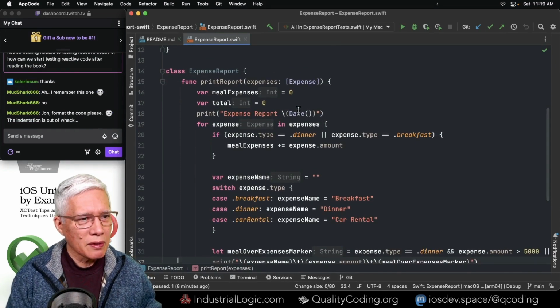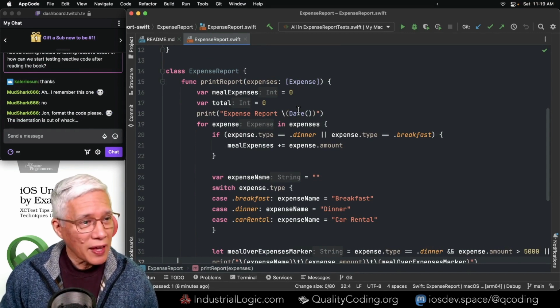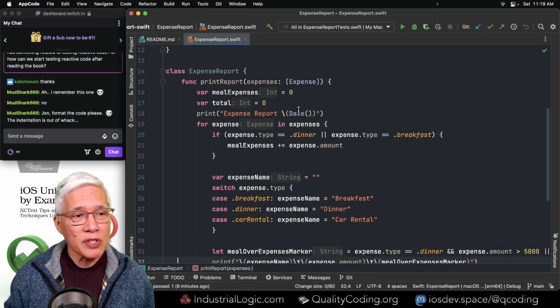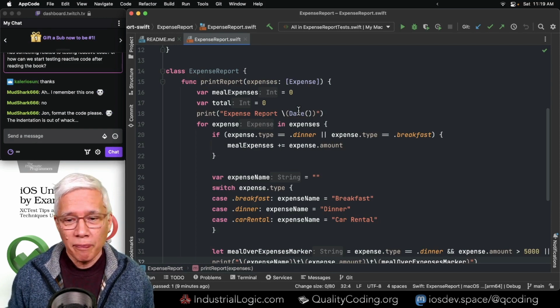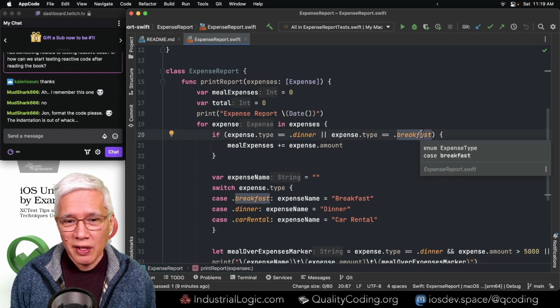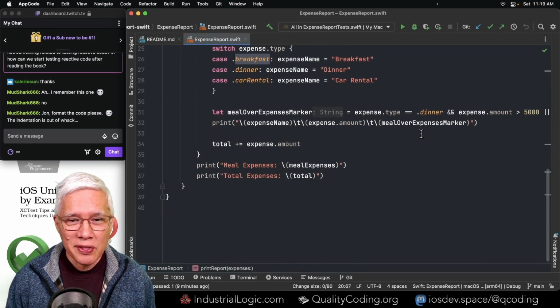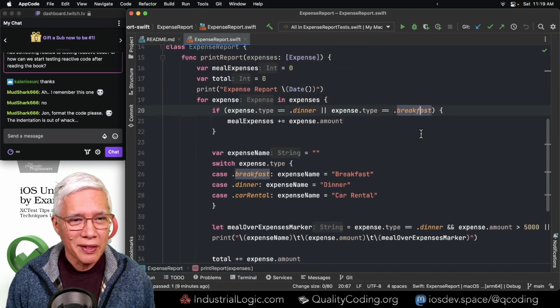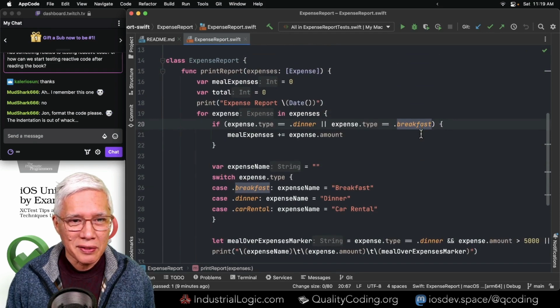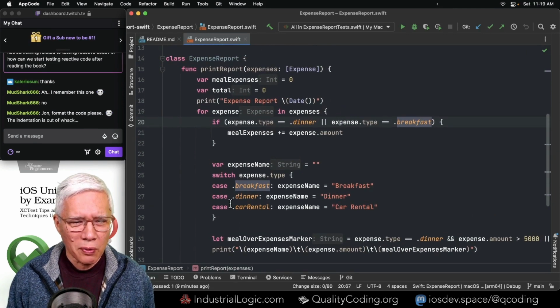Oh, the indentation is out of whack. Thank you. This should be the very first thing that we do with code, is reformat it. I hadn't even noticed that the indentation was out of whack. I still don't quite see it. I'm sure it is. Oh, yeah, well,